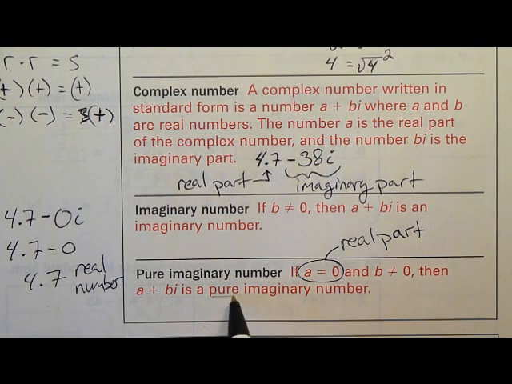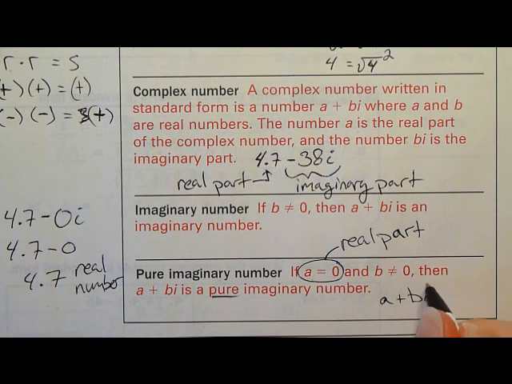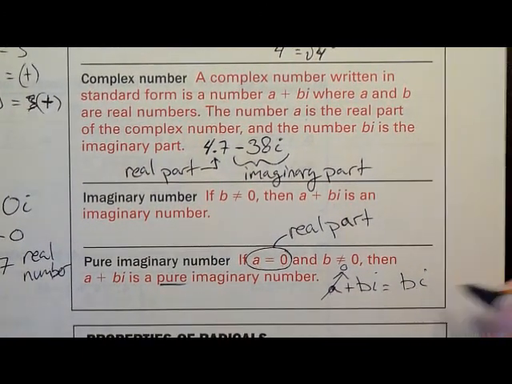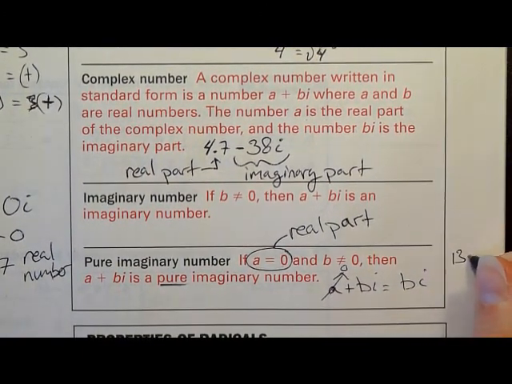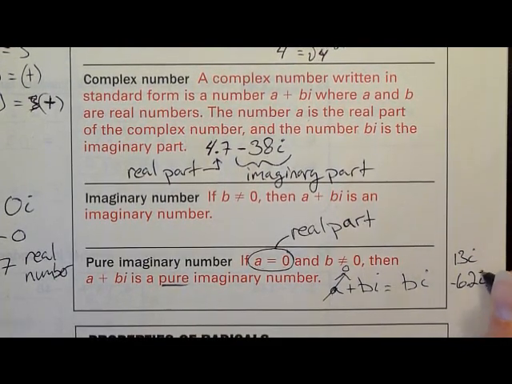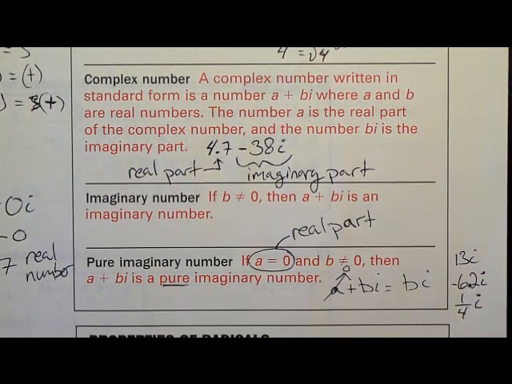A pure imaginary number is simply if you take that complex number and you take the real part of your complex number and you set it equal to 0. If you eliminate the real part, you're left with just the imaginary part, so it's called a pure imaginary number. Because you take a plus b